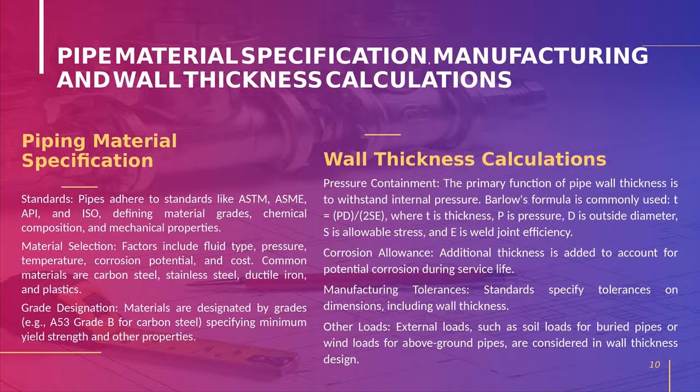There are a lot of materials, so which material we have to choose for which product. This will be a bible, like how the P&ID is a bible for the process engineers, the PMS is a bible for the particular project. For a particular project, only that PMS is applicable until the completion of the project. At any stage, when doing fabrication or commissioning, everything we have to cross check with the PMS, piping material specification, and the VMS, valve material specification.